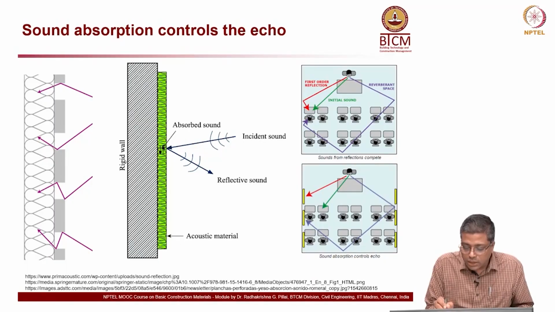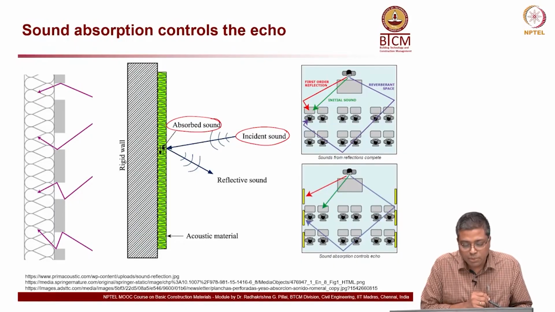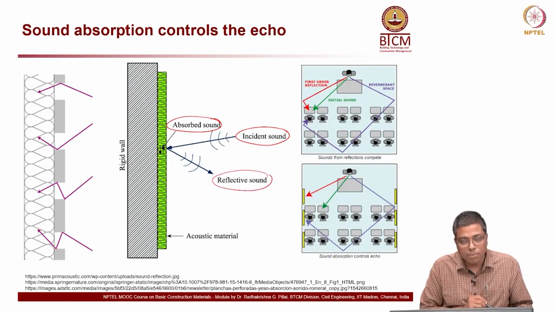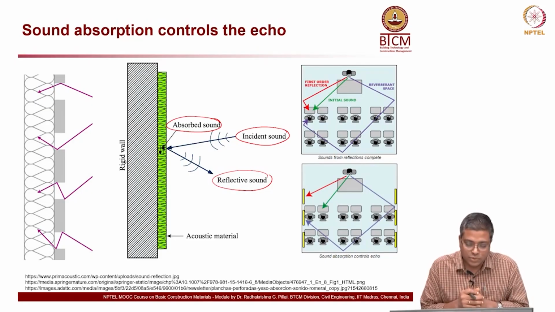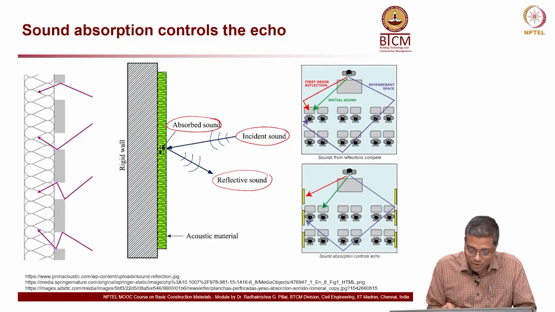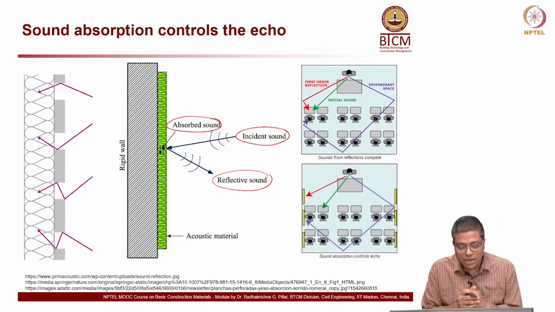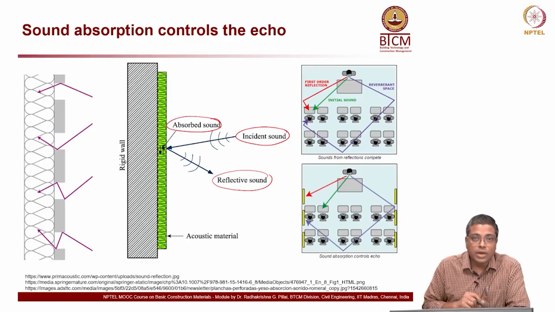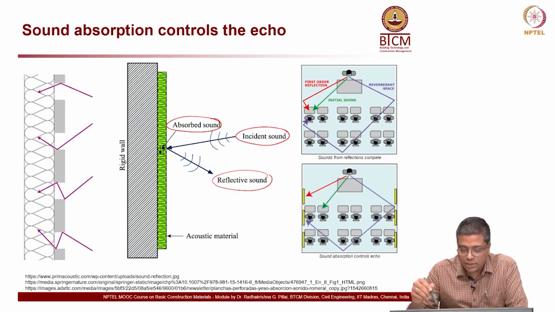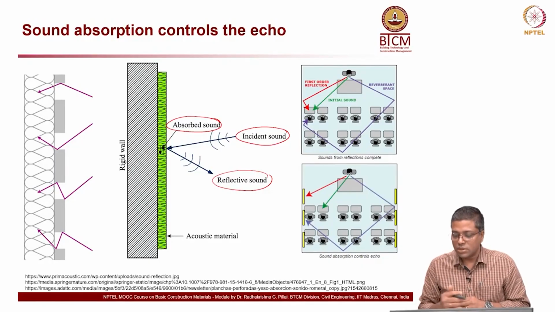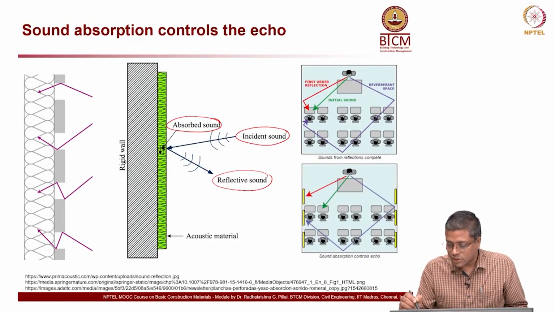Now, you can see here the incident sound, and some of the sound is absorbed by the green material which is on the rigid wall, and some sound is reflected, some, not all. If 100% of the sound waves are absorbed, then you can't hear anything. Okay, that's another extreme. So, you have to be able to design it appropriately so that you can hear the sound, at the same time you do not feel echo. Okay. So, here on the right side, I just got these nice images from the internet, and they explain the concepts very nicely.